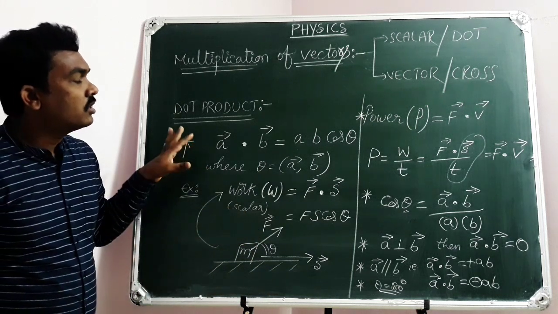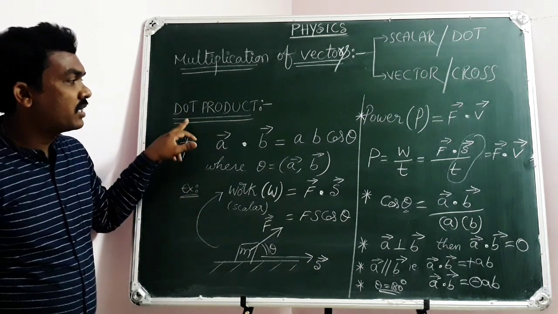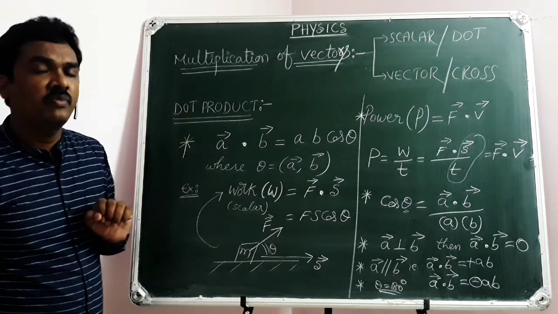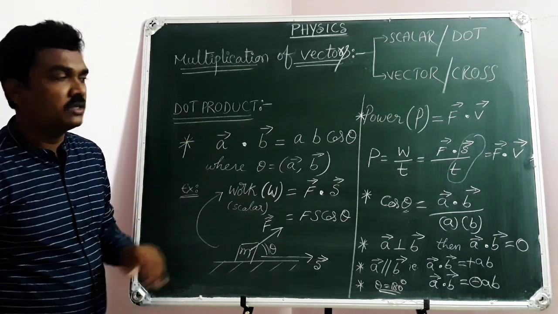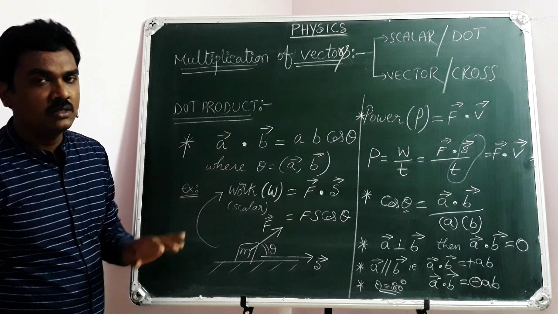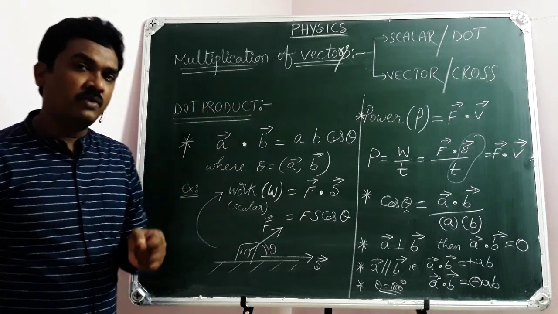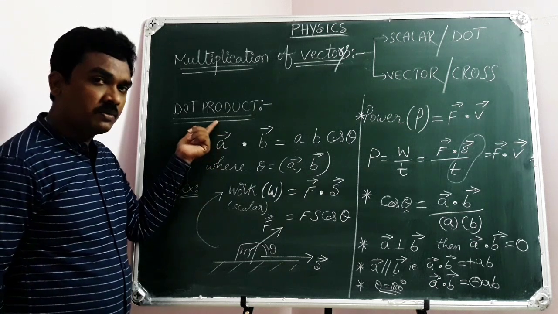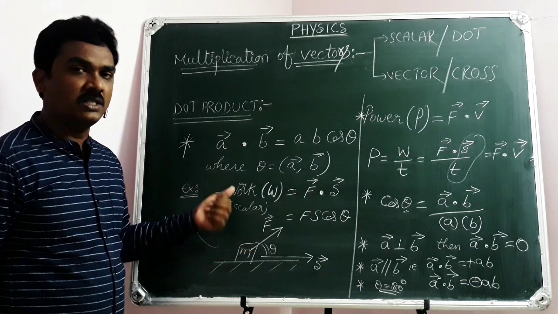So this is all about the basic knowledge on the concept of scalar product or dot product. Still, we have a little more information to deal with on the dot product. Meanwhile, once you write down this: the topic is all about multiplication of vectors. What is the first point we have discussed? It is the concept of dot product. Write down. We will discuss a little more applications in this area.